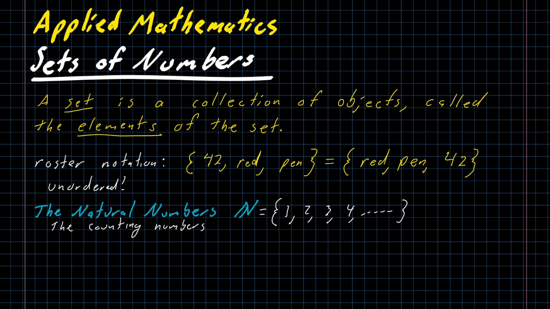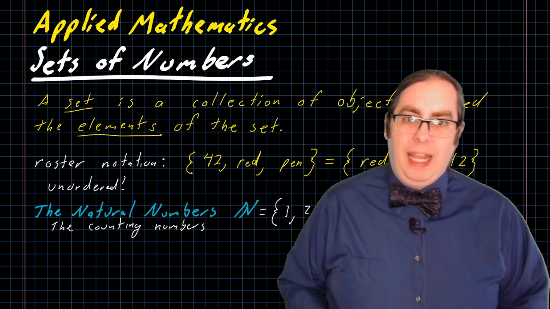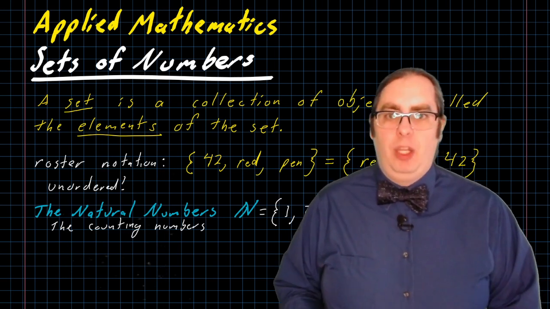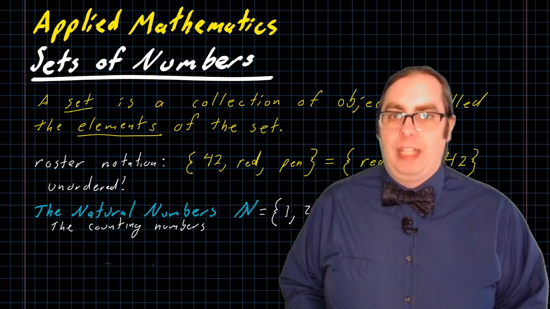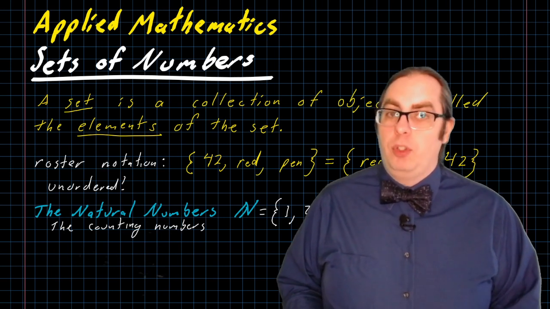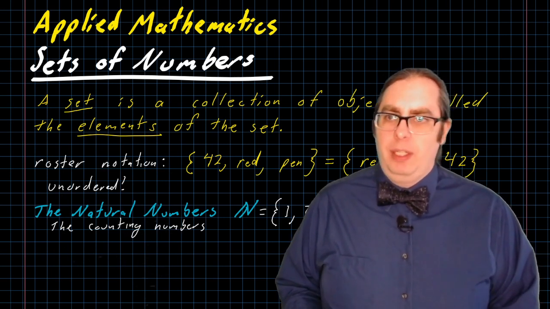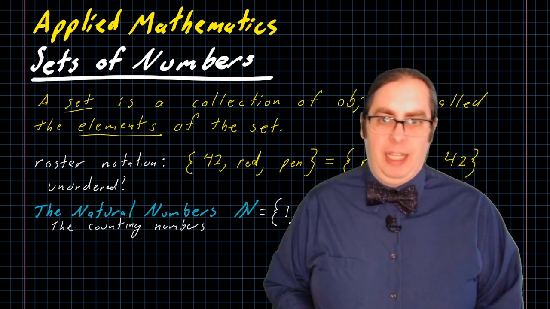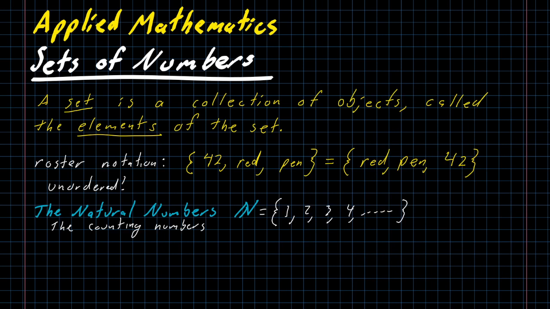An interesting debate in the world of mathematics is whether or not the number 0 belongs in the natural numbers. And it might be surprising to learn this, but that actually depends on the language you are speaking. The convention in the English-speaking world is that the natural numbers start counting at 1, and everyone is happy with that except for computer scientists. Computer scientists want to start counting at 0. And for reasons that I don't understand, the French also want to start counting at 0, as do a couple of other spoken languages. So we have a different set